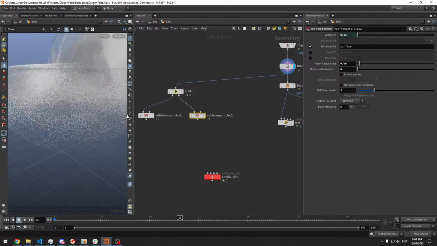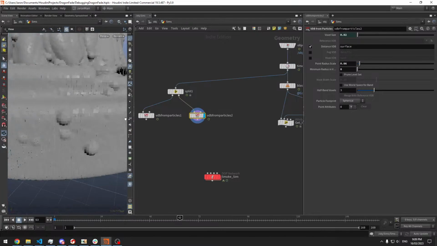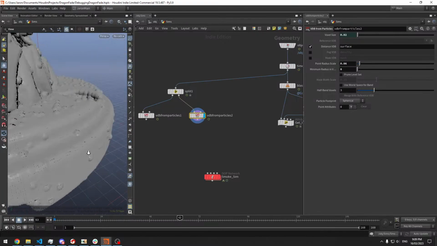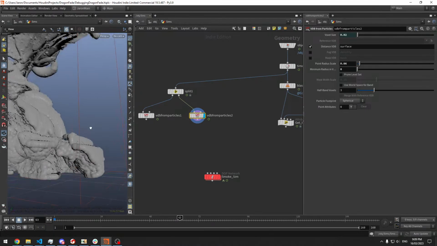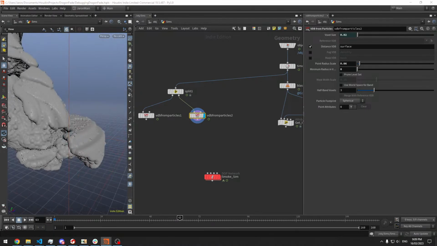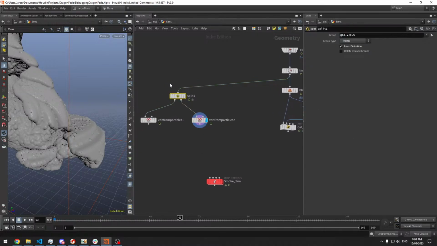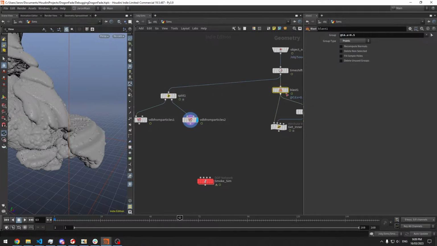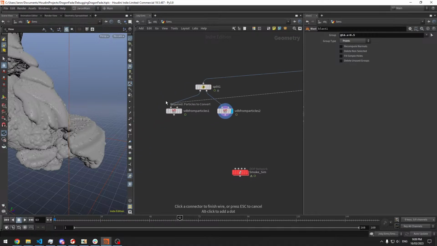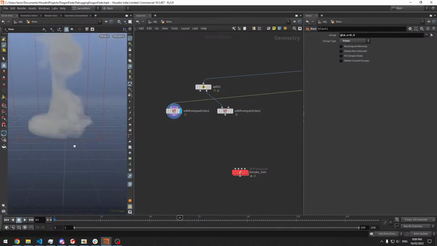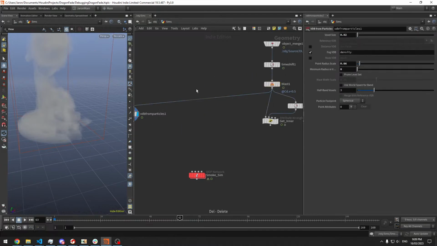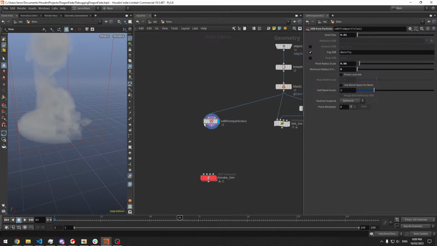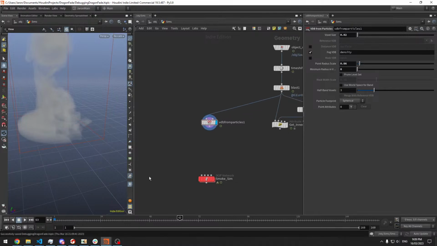Should be quite nicely there. For some reason, that's not looking very nice, is it? So I think I did this in the video last time, didn't I? I think so. Okay. So what we're going to do for the collision, I think it was this one that I wanted anyway. Yep. So for the collision, I'll show, because you weren't